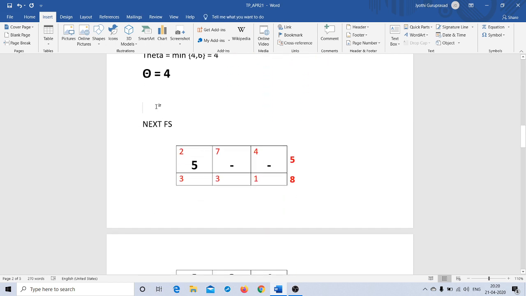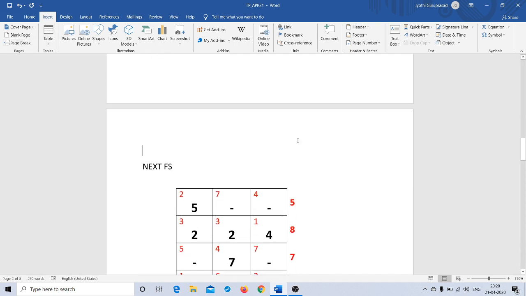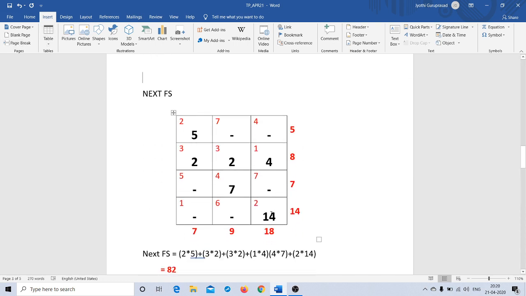So I am going to get the new set of allocations by adding and subtracting theta in the respective cells, and hence my next feasible solution looks like this. I had some allocation here. This particular cell I didn't have allocation, so I added 4 here, and I had an allocation of 4 here. But since theta was 4, now this particular cell has no allocation, right? Now this is my revised allocation for the transportation problem. Even here you see the total number of allocations is equal to 6, which is m plus n minus 1, and hence this is a non-degenerate transportation problem.